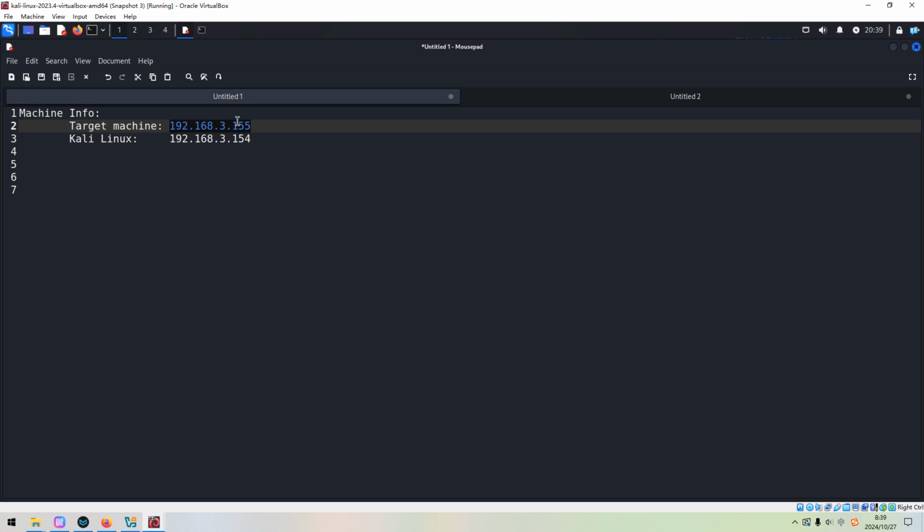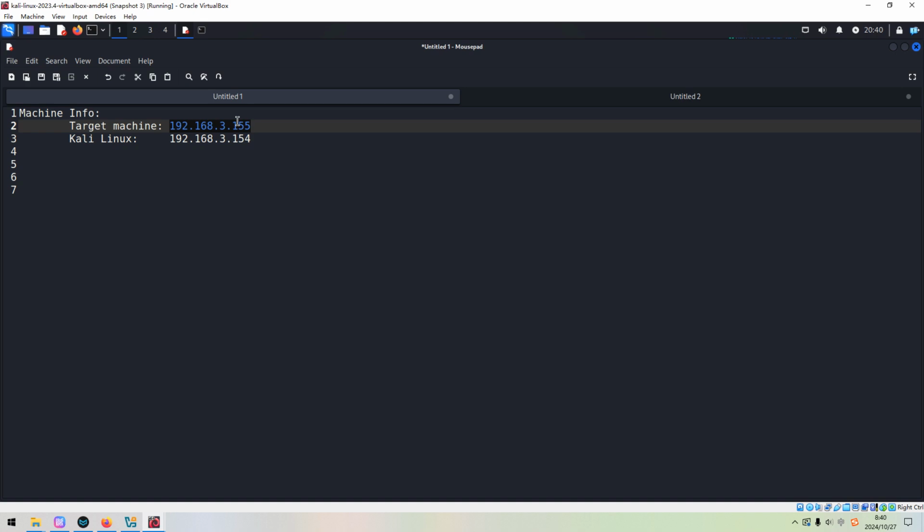Usually, I import the target machine into the hypervisor like VMware or VirtualBox as host-only mode because this is a much more preferable way to do the pen testing. However, if you do it this way, you will get the same results, which we cannot go any further.